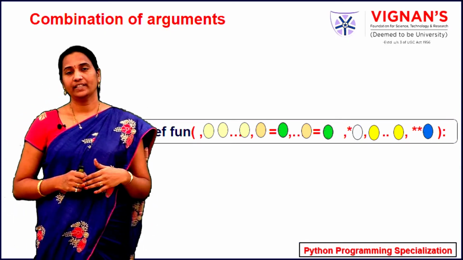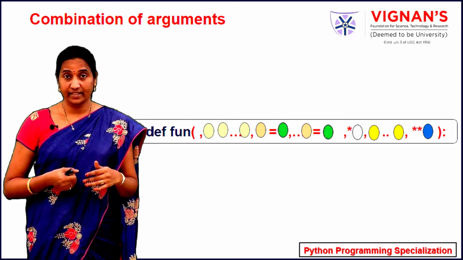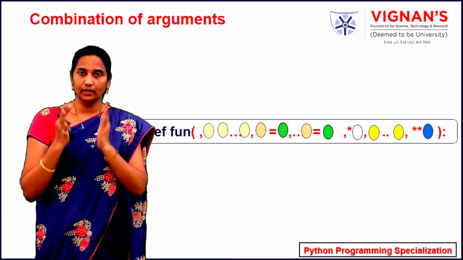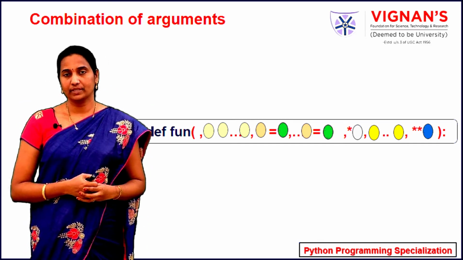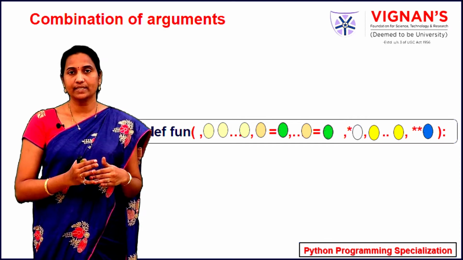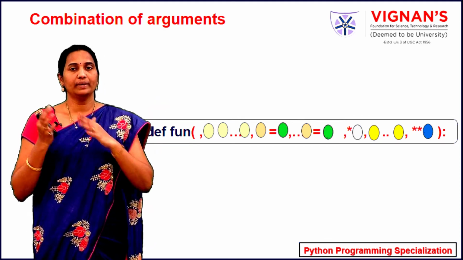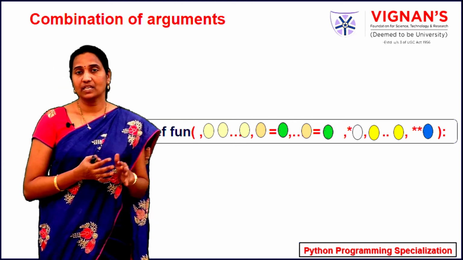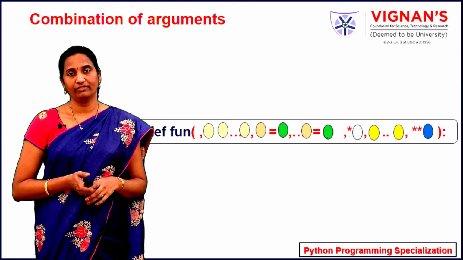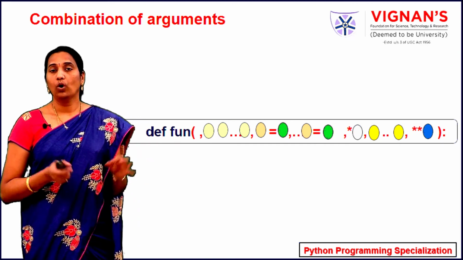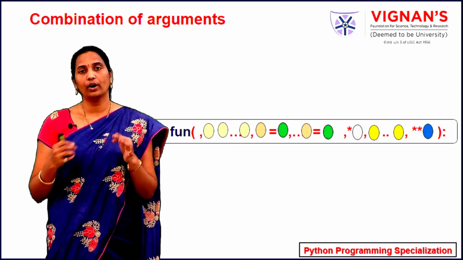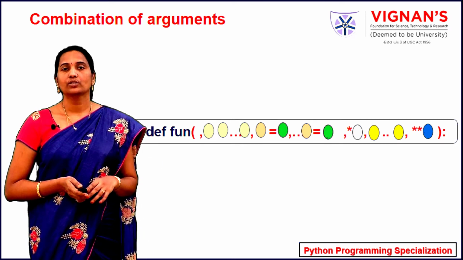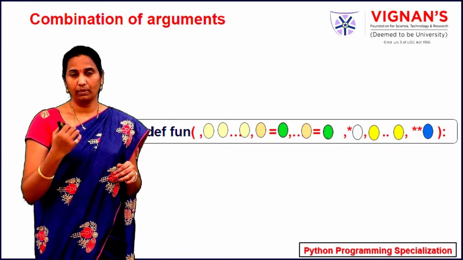So far in this video and the previous video, we have discussed how to use various types of arguments in Python functions. We have seen how to use keyword arguments, then the default arguments, then even the positional arguments. And in addition to them, Python also provides variable length positional arguments and variable length keyword arguments. When we are passing a combination of the types of parameters to a function, how can they be passed? In which order do you need to pass these arguments to a function? This explanation will help you as a cheat sheet to understand in which order various types of parameters can be passed in a function.